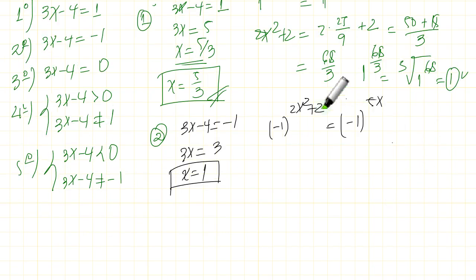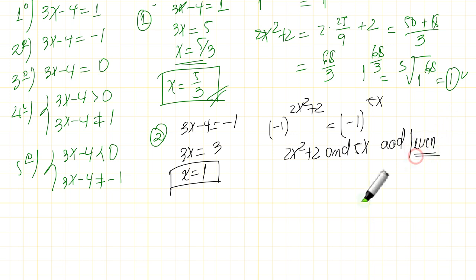Something important to realize here, guys, is that we have a negative base. So our exponents here, 2x squared plus 2 and 5x, they both have to be odd numbers, or they both have to be even. Okay, because otherwise it's not going to work. So let's see, if we replace this one here,